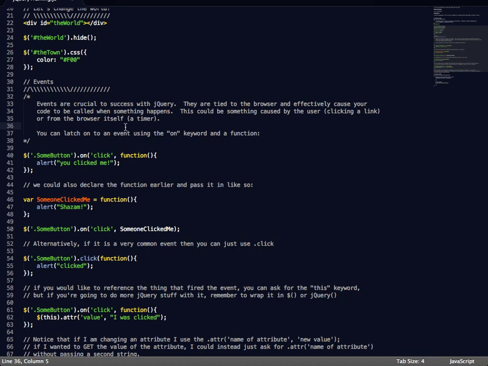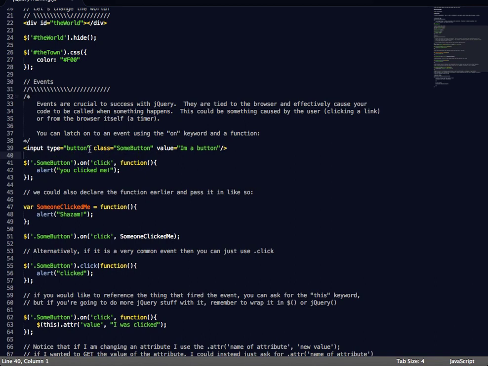So you specify a target, which we mentioned before. For example, this one's the class of some button. So if we have an input, and let's say the type equals button, and the class equals some-button, and the value equals "I'm a button." All right. So by referencing the class here, we'll latch on to this thing, and we're going to say on